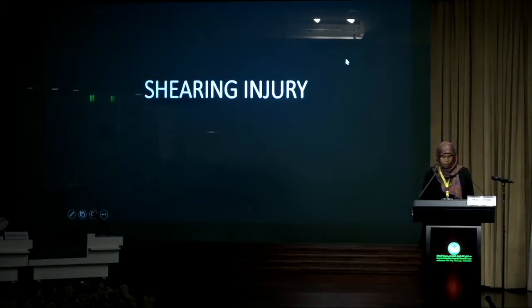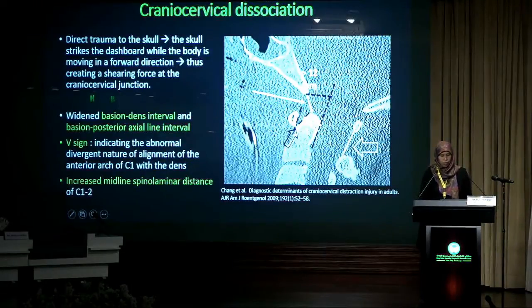Now we move to shearing injury. Usually it happens in craniocervical dissociation, if there is direct trauma to the skull, such as when the skull strikes the dashboard while the body is moving in a forward direction, thus creating shearing forces at the craniovertebral junction. How to know about